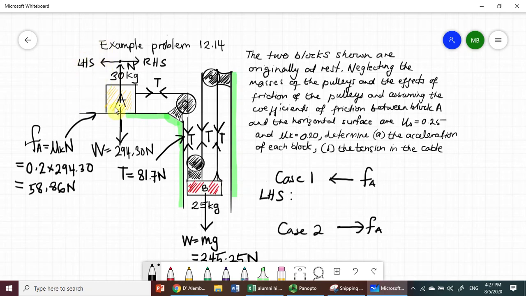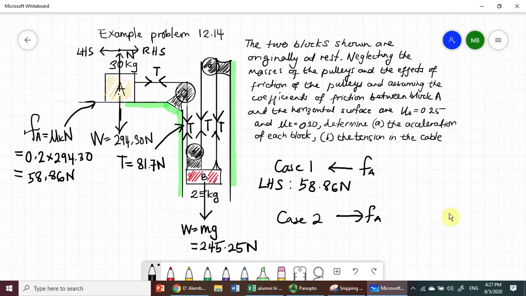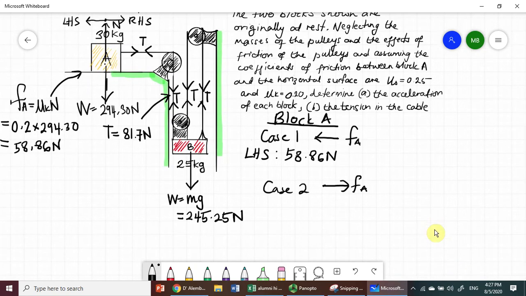We do not have any other forces besides the friction that we have assumed moving to the left. So it will equal 58.86 newtons. Now case 2, what we're referring to block A. Now for case 2, when the friction is moving to the right-hand side, have a look at the